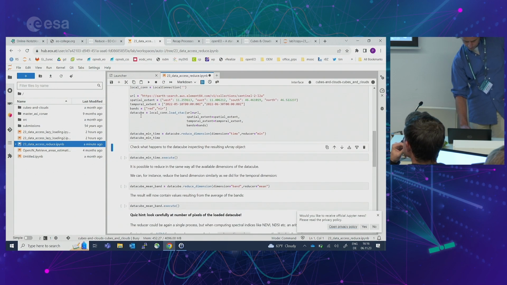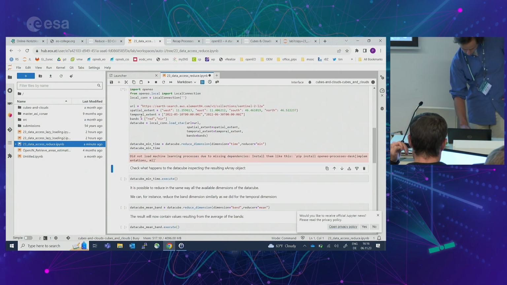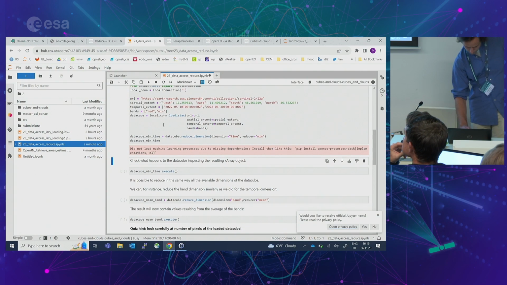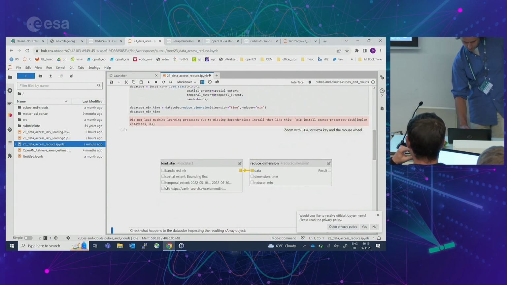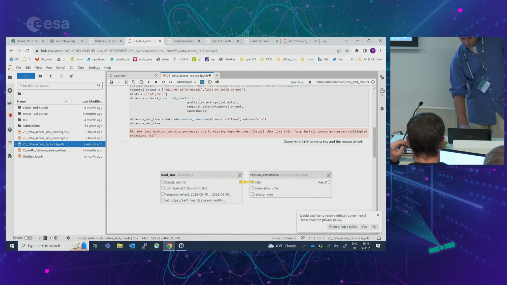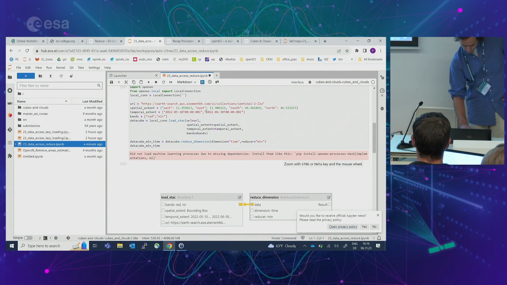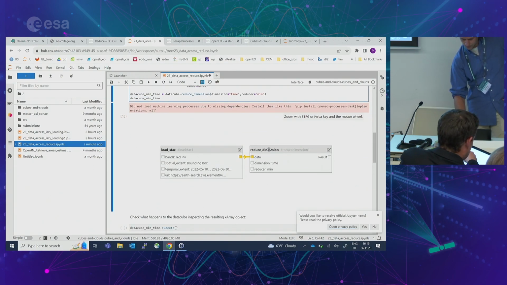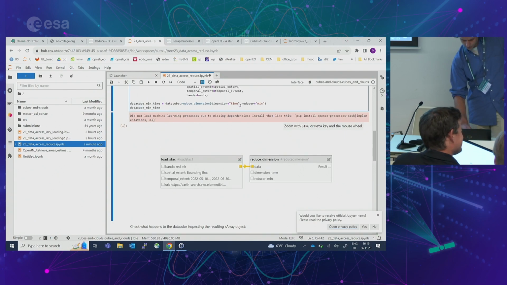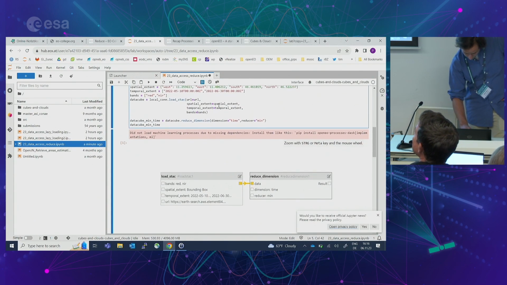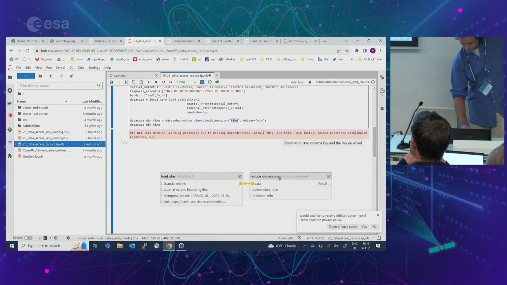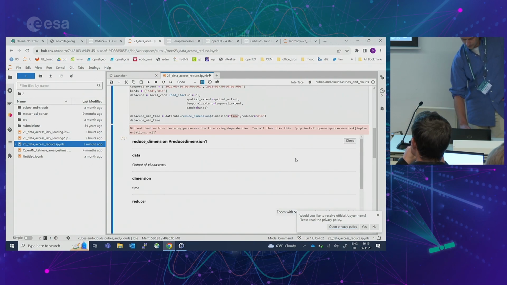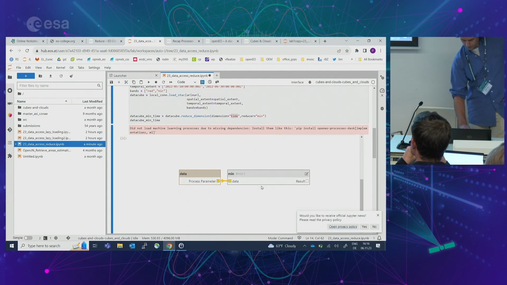Let's see, yeah, it's still running. At some certain points during the notebook, okay, now you see that you load your data from a STAC catalog, which is an openly available one from Element 84. So you load this data and you do a reduce dimension operation on it, which is, in this case, you take the minimum over the time dimension, so you can also look into this interactively so that students understand what is actually happening here. You take the minimum,